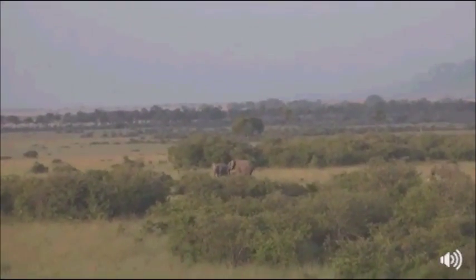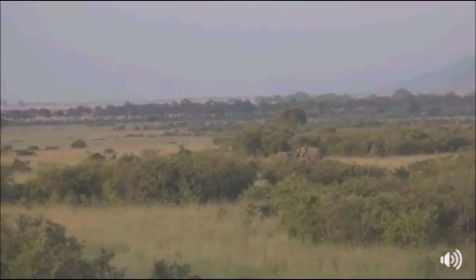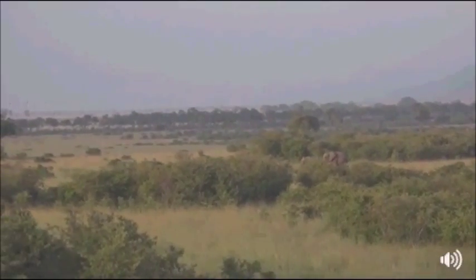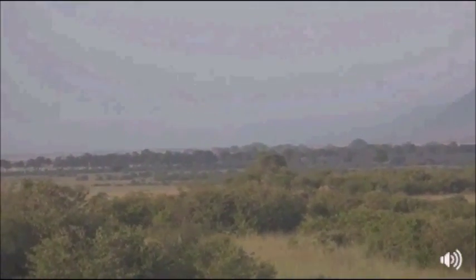It's not too difficult to work out what to feed on here in the Mara Triangle because of this very nutritious grass at the moment. Especially, these elephants are really in heaven in terms of their food. And I tell you,